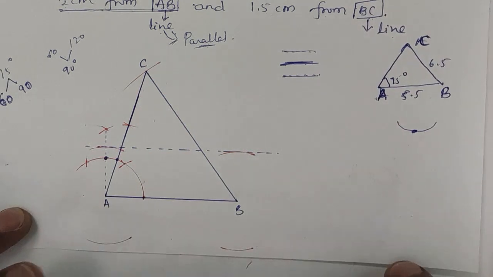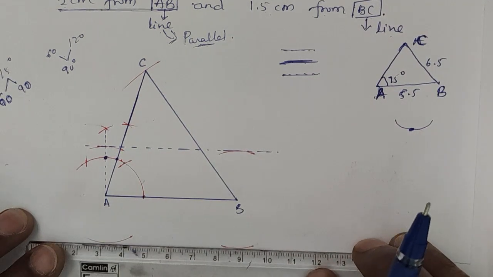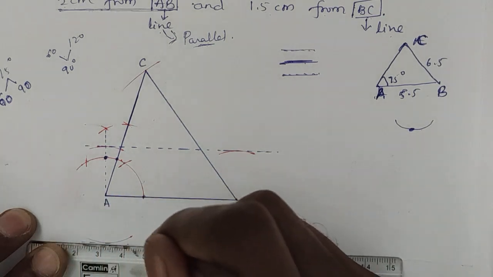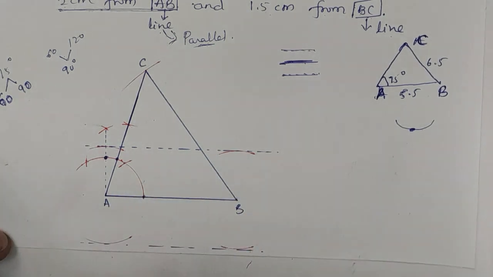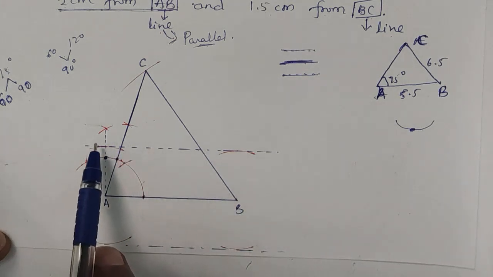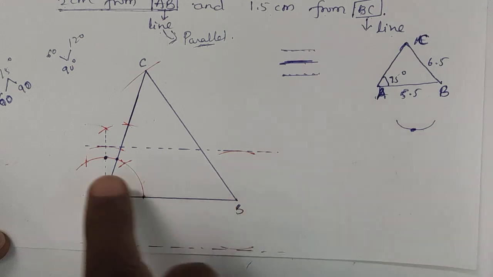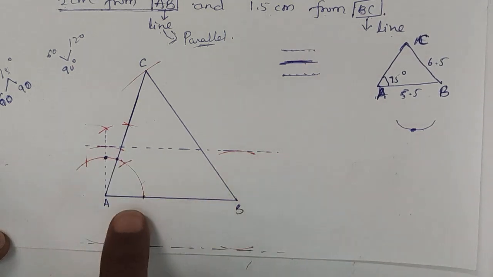I'm using a ruler here to join those two lower points. See, here two lower points I joined by dotted line. Here also two lower points joined. Now look, for AB, above one 2 centimeter parallel, below one 2 centimeter parallel. There are two parallel lines for AB. Look at exactly what I made. That is correct.